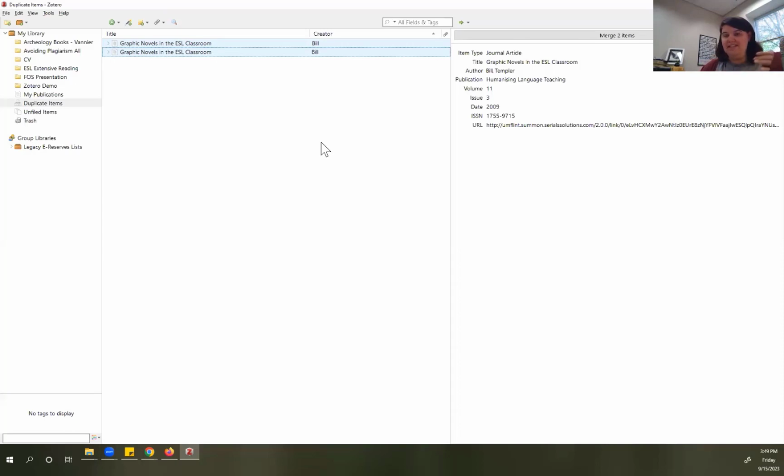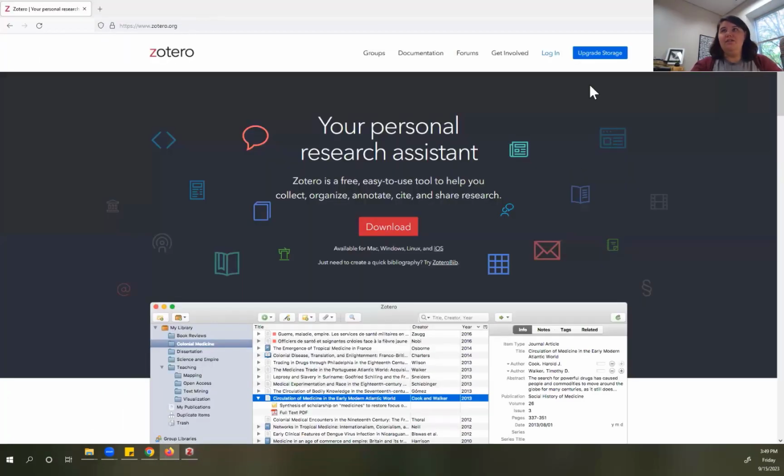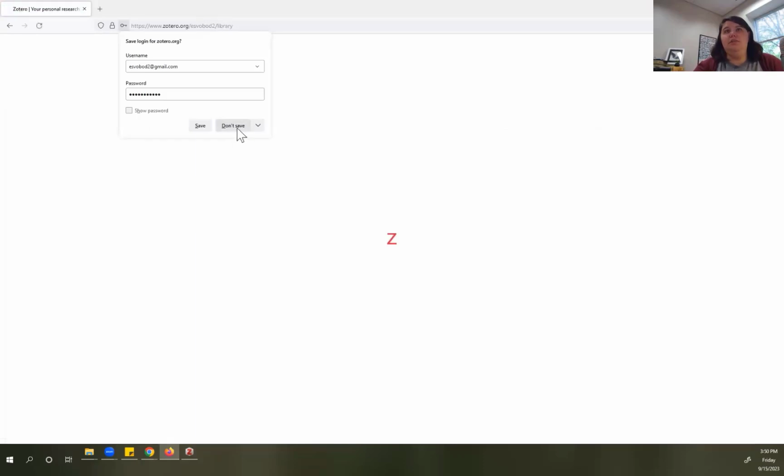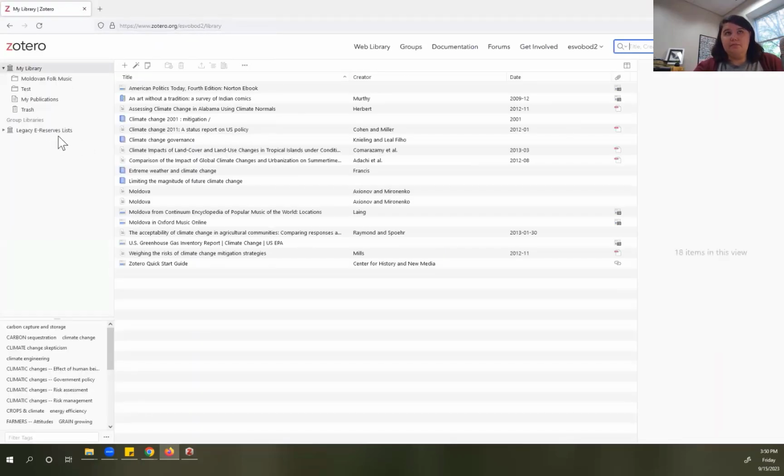Okay. So again, lots of different ways to get information into Zotero, but what happens when you actually want to share this with a group? I'm going to log into my other Zotero account, which I have had since grad school, even though there's not a ton of things in it anymore. I have shared, in fact, two different collections. This is my web library, and you'll see that I do have this group library that exists in my